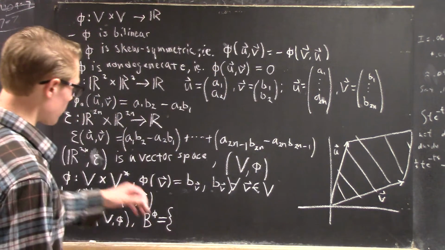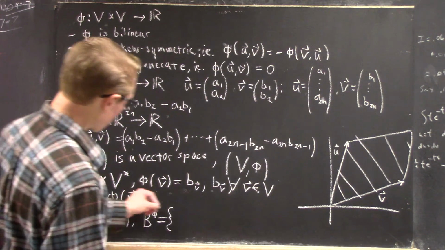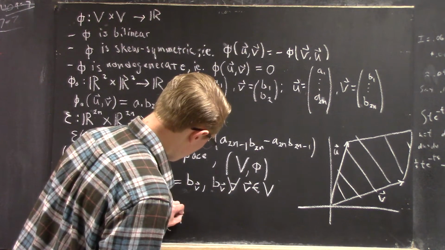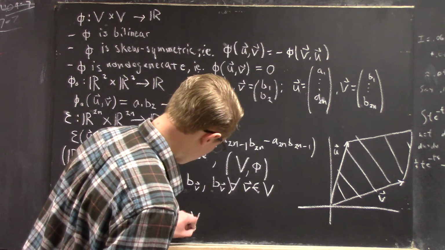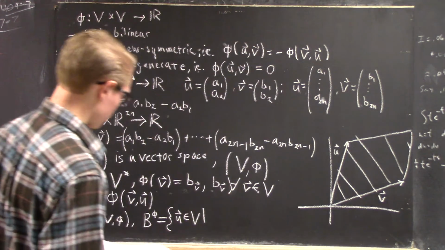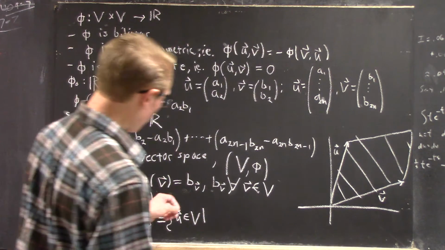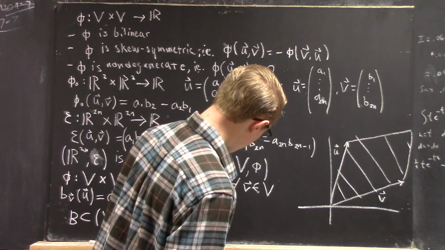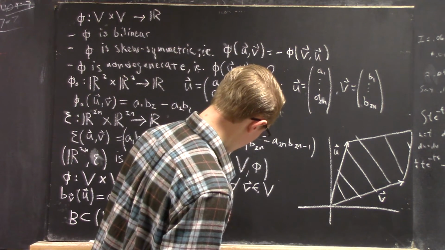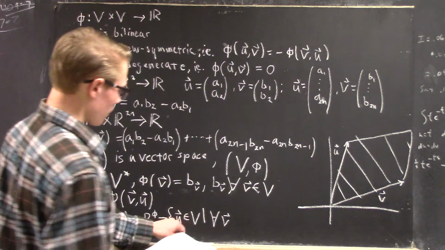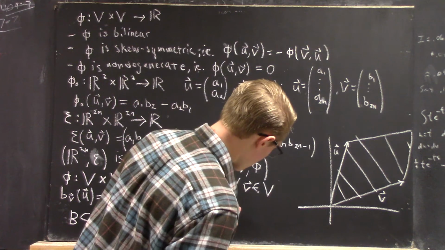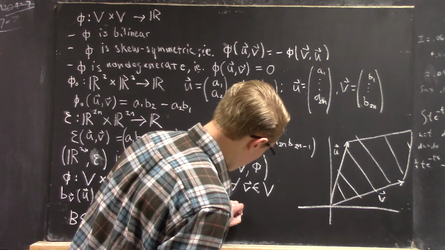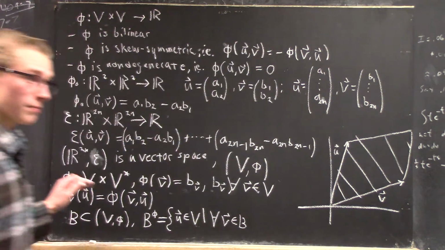And this would be the set for all vectors that are an element of the space B, for all vectors U that are an element of B, such that for all the vectors that are an element of subspace B,